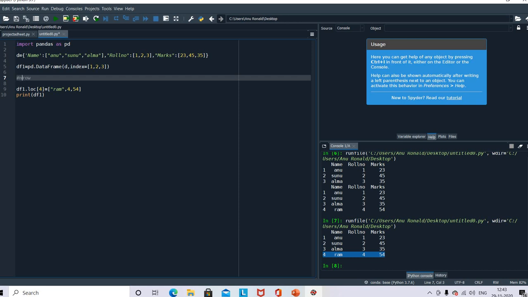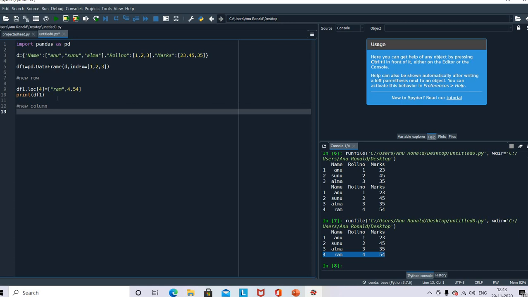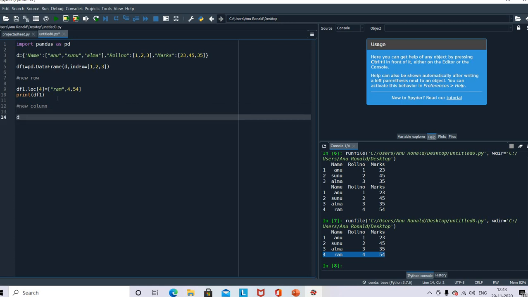Okay. If you have to add a new column, how do you add it? For adding a new column, we can simply write the data frame name, square bracket, the new column name. So here I want to give avg, average, equal to.